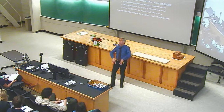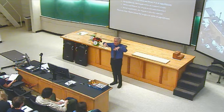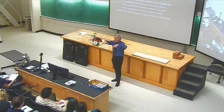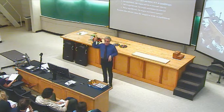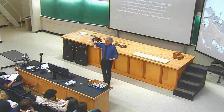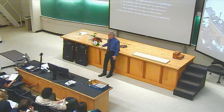If it's above equilibrium, the scale isn't squished very much. It doesn't push very hard, the spring. And so the wagon is under-supported. It actually weighs more than the spring is pushing up. And so the net force is down. So the characteristic of this situation, where you've got a springy thingy,